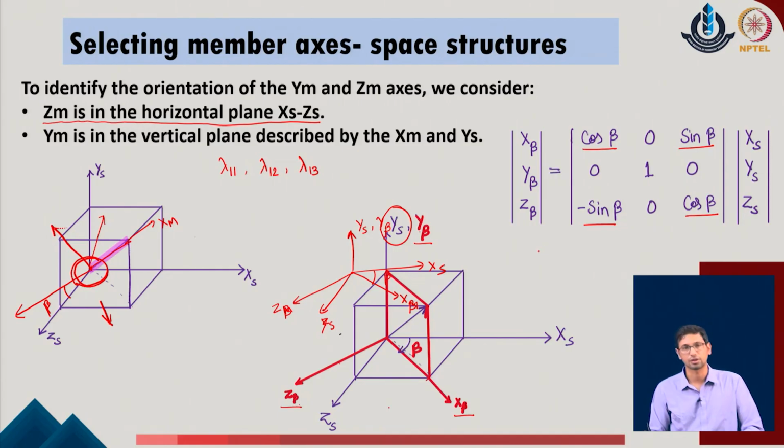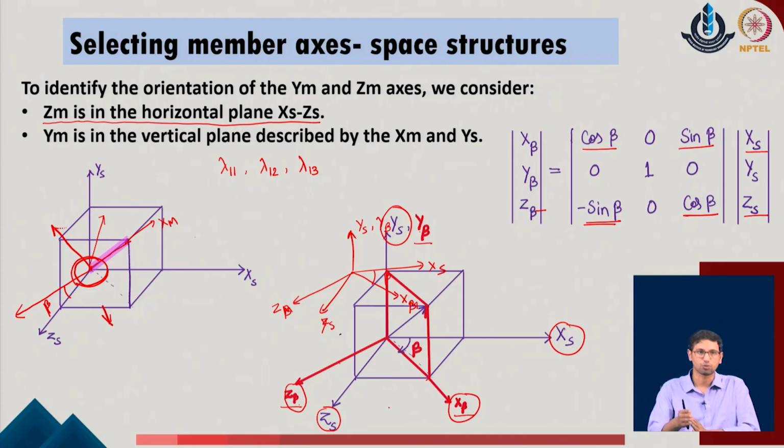identify the standard relationship in the same direction cosine form, and we realize that as the axis with respect to the x of beta and the x of s, we can calculate the cosine angle, sine angle. So, these are the specific values which are located with respect to the x of s and the z of s coordinate. Similarly, with respect to the z of s component, which is also now rotated by an angle of beta and has reached the z of beta component. So, we get the other two parameters of the transformation term, which is sine of beta and cos beta in the given system. So, the understanding is that we just rotated first about the axis y by some angle beta, and we got the new axes which are aligned as x of beta, z of beta and y of beta in the given system.